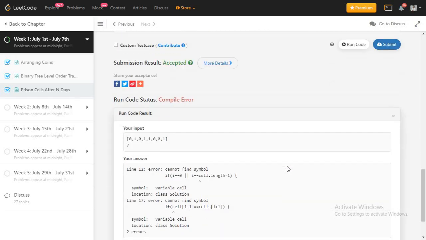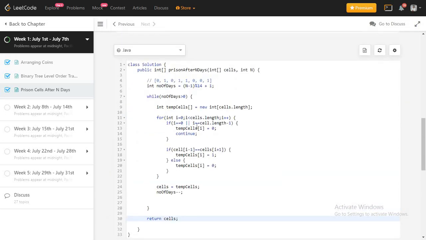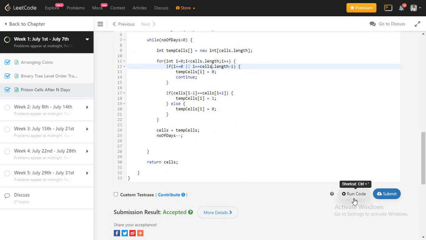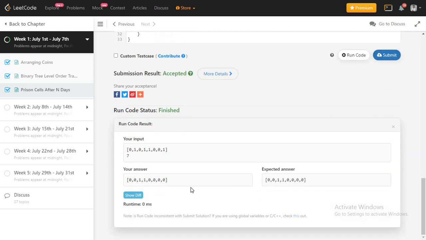Yeah, it's giving me some error. Let me fix it. So it should be sales here. It should be sales here. Let's submit it once again and check. You can see that it's giving me the correct output.